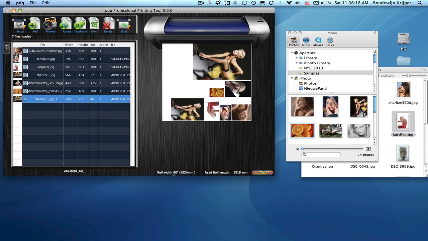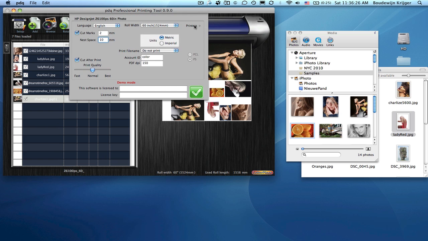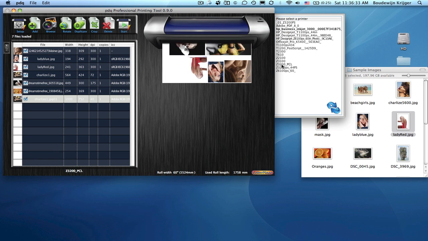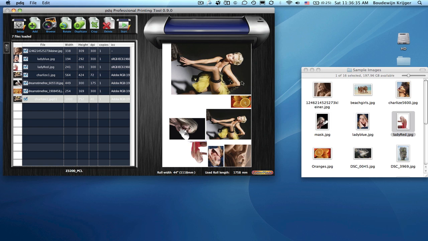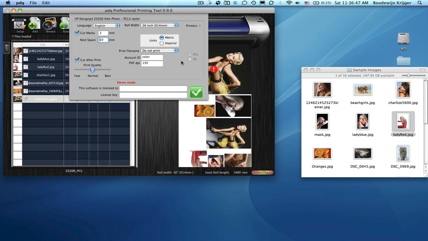Now, we are using 60-inch width here because this printer is a 60-inch printer. If we don't have a 60-inch printer, we can just switch to a different printer. Close this window, for instance, to a 3200, which is only 42-inch. So the roll is now, or 44-inch, so it's now modified to 44-inch. If I don't have a 44-inch media, but only a 36-inch media, for instance, I can simply switch to 36-inch,